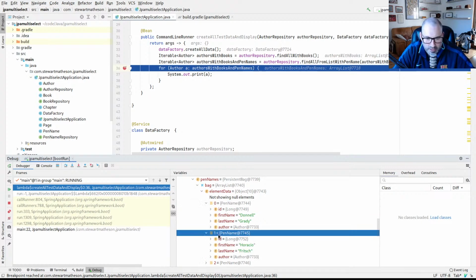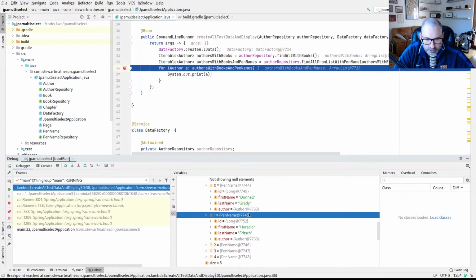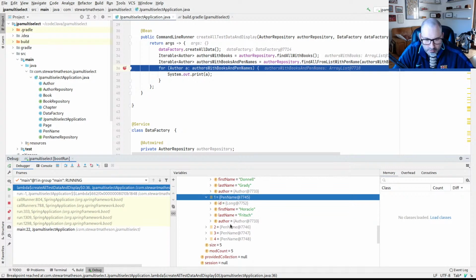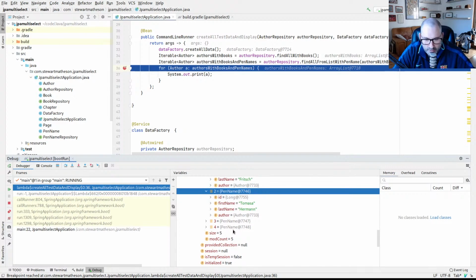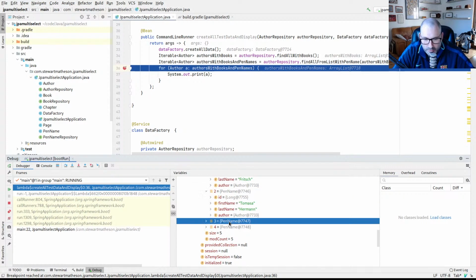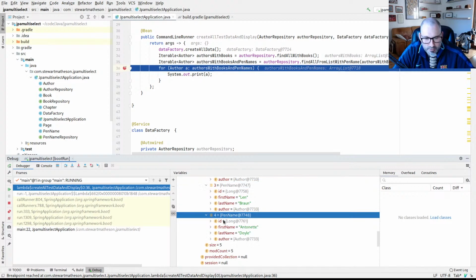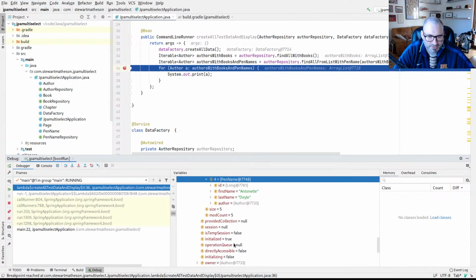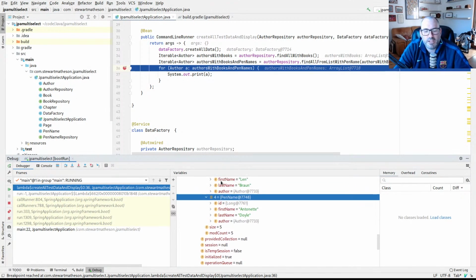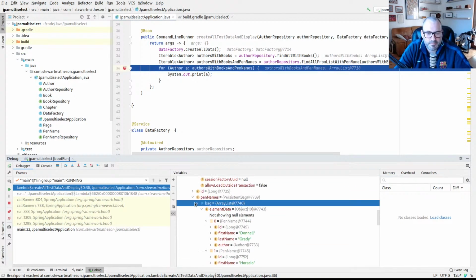Okay, so there's our random names that we're generating. Donnell, Grady, this guy, Tomasa, Herman, Len Braun. Kind of good pen names. Yeah, okay, so now,